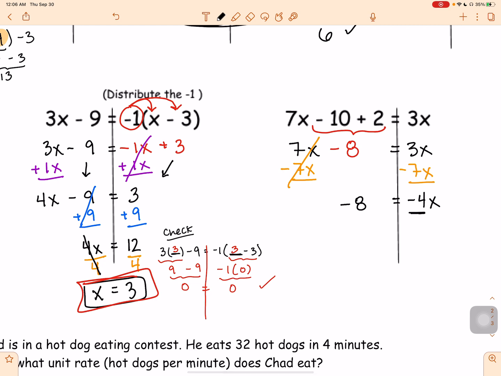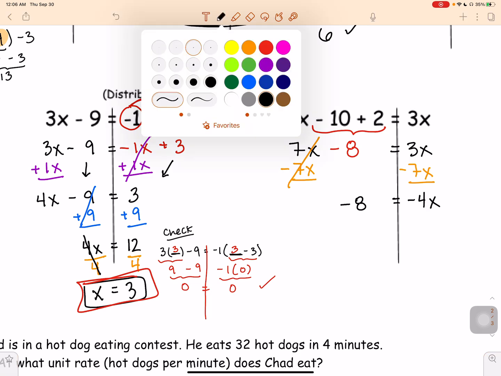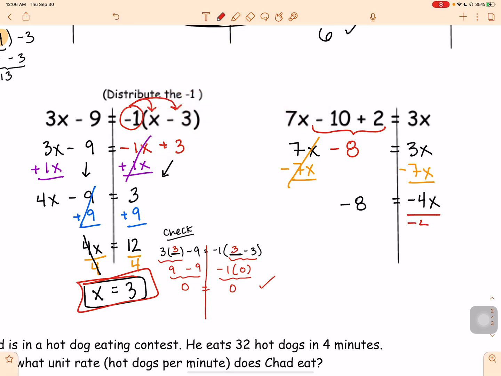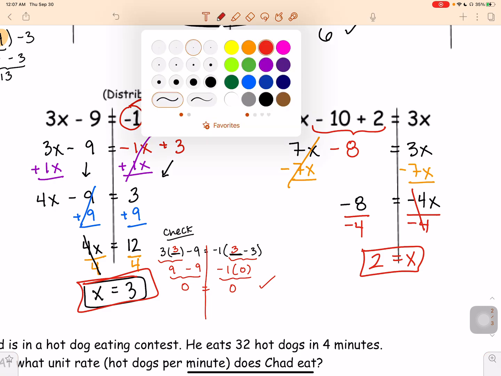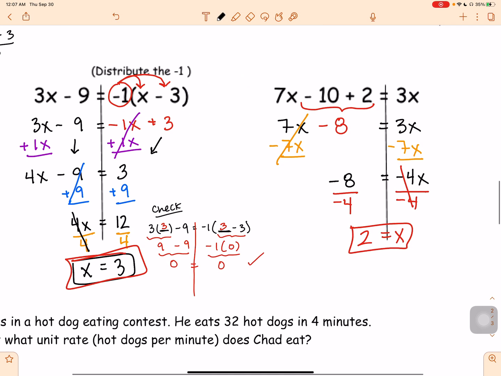So this is saying negative 4 times some number equals negative 8. In order to solve that, we can divide both sides by negative 4, because that will equal 1x. Negative 8 divided by negative 4 will be a positive 2. Okay? So now if we wanted to check that,